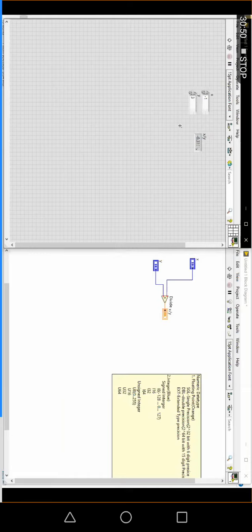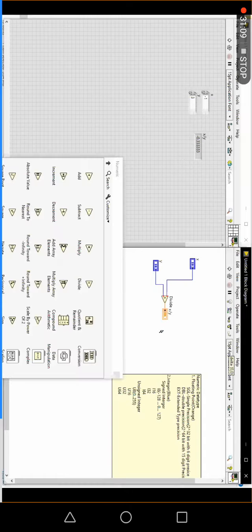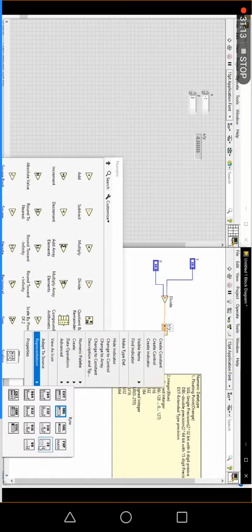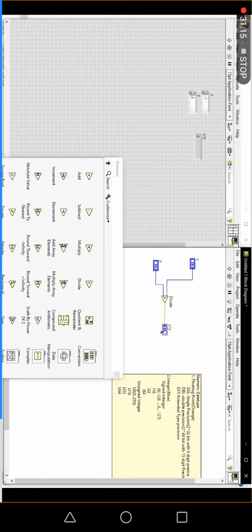In some cases we may expect an integer output, but not in all cases. So in most cases, with the divide function, the quotient is returned, so the output will be DBL only. At that time you will get the default data type as DBL representation. What happens if you connect an integer, here I8? Yes, I8 will also be accepted.